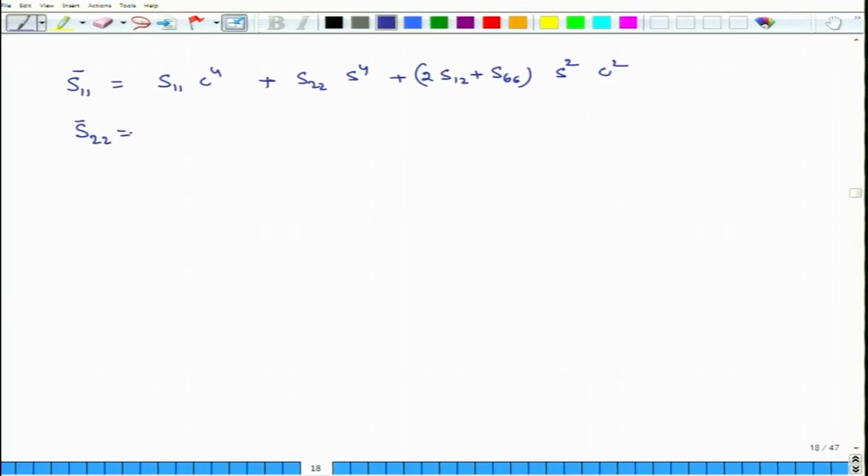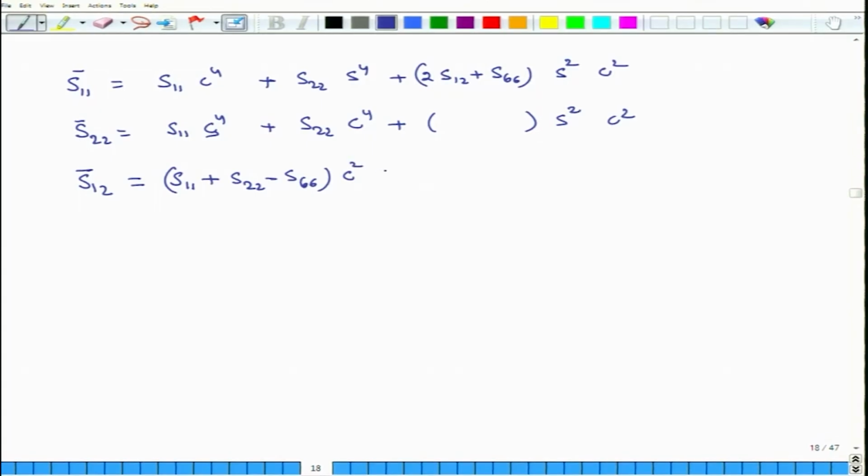S22 bar equals S11 times sine to the 4th theta plus S22 times cosine to the 4th theta plus the same term times sine square times cosine square. Then we have S12 bar, which is equal to (S11 plus S22 minus S66) times cosine square theta sine square theta, okay, plus